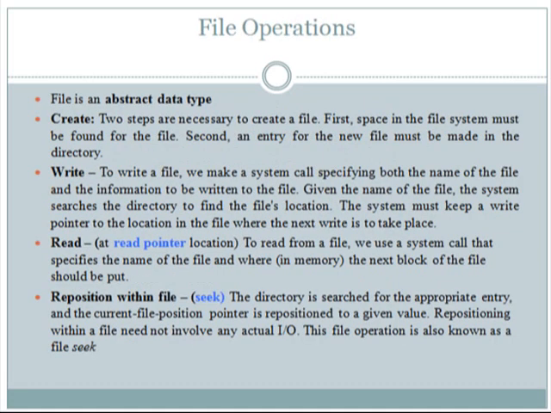Now there are various file operations, just like you have file attributes. The OS is responsible for creating and maintaining a file, for ensuring that it can be accessed by users but only in accordance with the access privileges specified for it, and for deleting the file when requested by its owner.